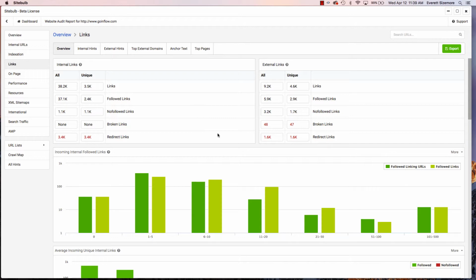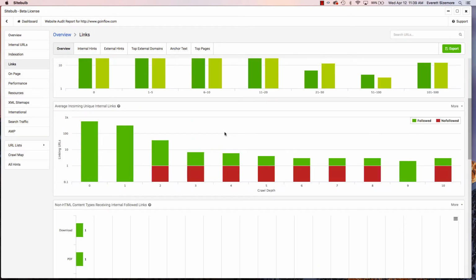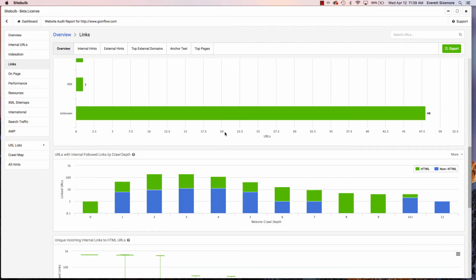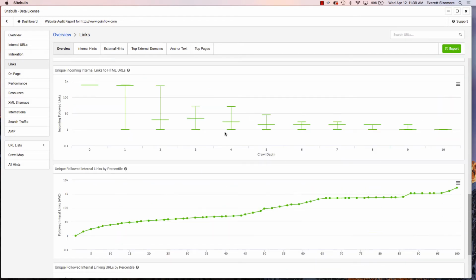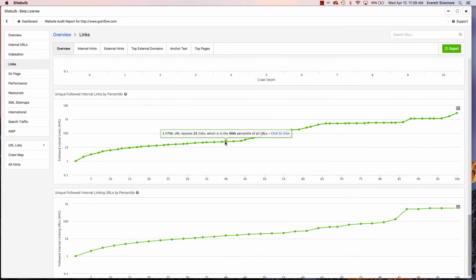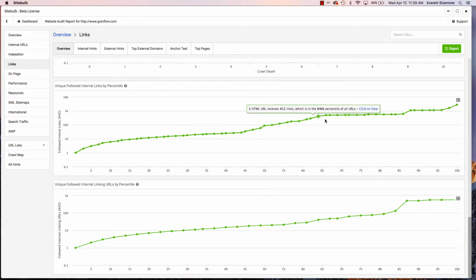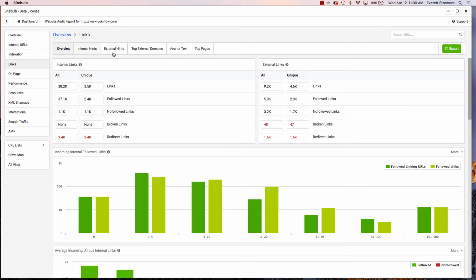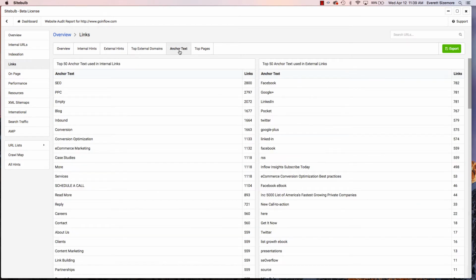You can look at link metrics for internal links as well as external links. A few different ways of looking at it. I like the percentile view here, it's pretty neat. You can also do anchor text,